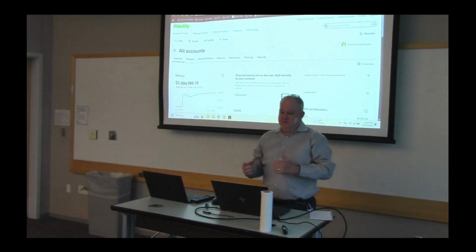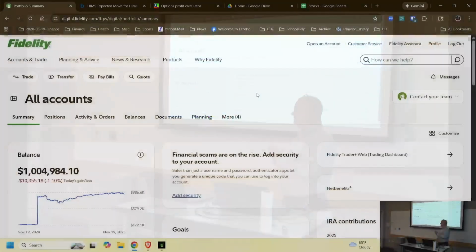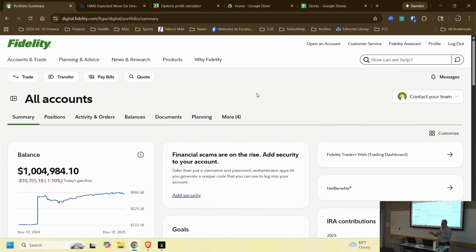So normally when you log into your Fidelity, it really gives you the 401k side, the net benefits screen. Then if you click on my investment accounts, it'll take you to the normal Fidelity side of things. A couple things that I really like to do is at times I will use this balances